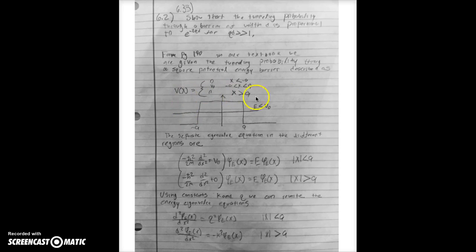So here is a drawing of a potential barrier, and the width is 2a, or we can call 2a equal to d. On page 190 in our textbook, we are given the tunneling probability through a square potential barrier. The potential is 0 outside, and inside the barrier it is equal to V naught. So to find the tunneling probability that is given on page 190,